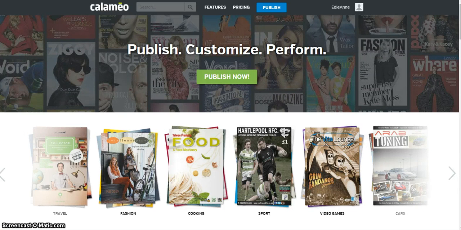So today I want to show you how to use a program called Calameo. Calameo is a publishing program that allows you to take a PDF document and turn it into an e-catalog or an actual flippable catalog online. I found it to be extremely fun and advantageous to my Scentsy and Velata business, and I want to share